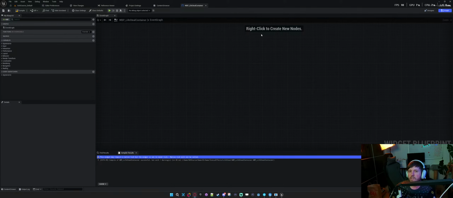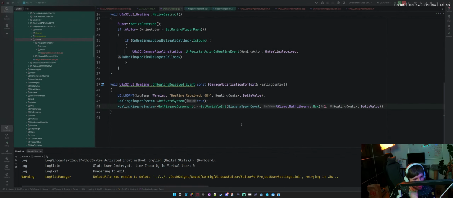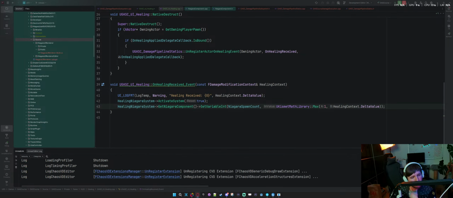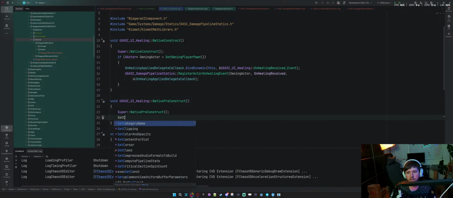I want to get rid of this warning. I'm not sure how. There is a thing I could do in pre-construct. Is there anything with tick I could say?